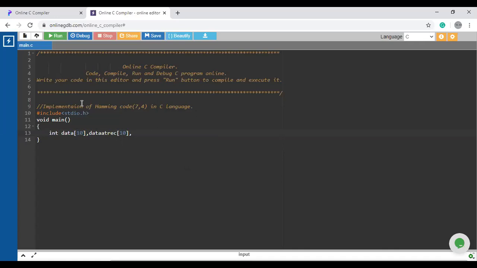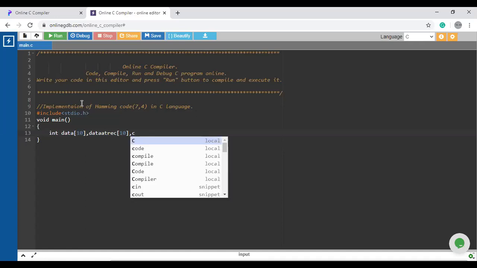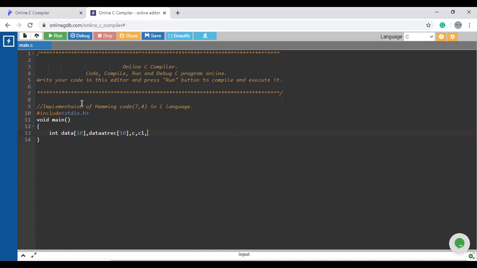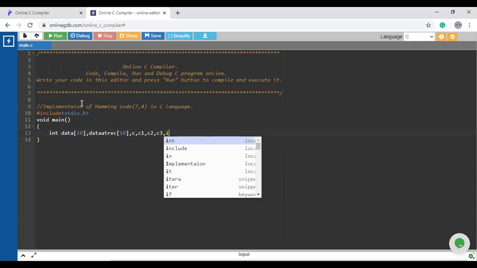Third variable will be for storing the checker variables. So I am going to declare some checker variables C, comma, C1, comma, C2, comma, C3, and an extra variable i, which will be used for the loop purpose.